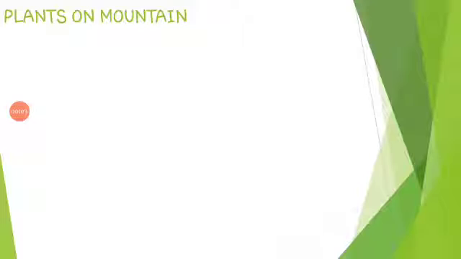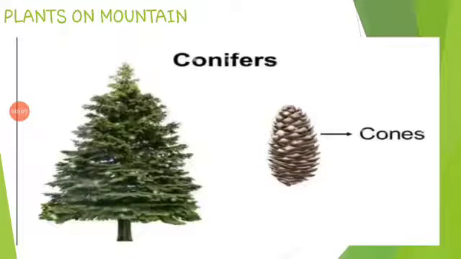Next we discuss plants on mountains. Some trees grow in cold and hilly regions. In fact, on some of these plants there is snow. Trees in these places have a sloping shape, so that snow can slide off easily. They have tough needle-like leaves. They survive in the cold. And how about flowers? They have cones, therefore they are called conifers.